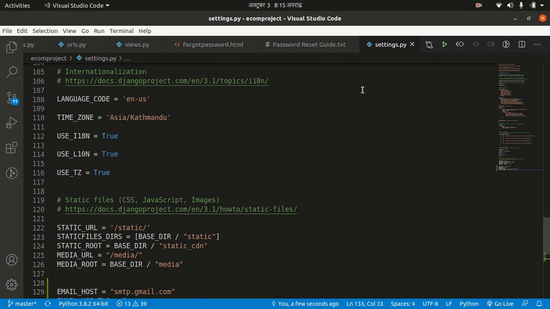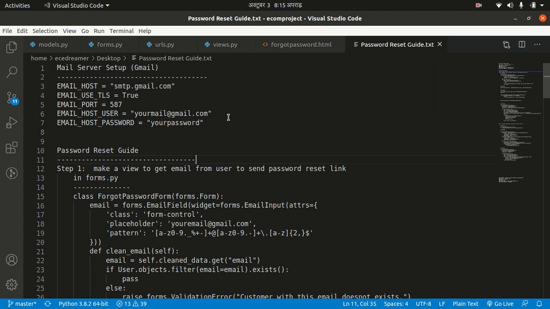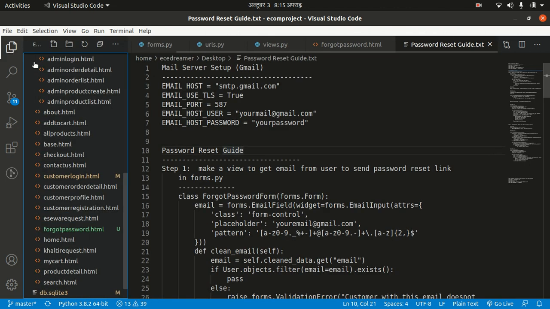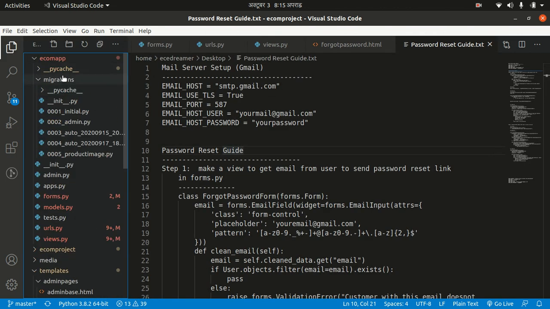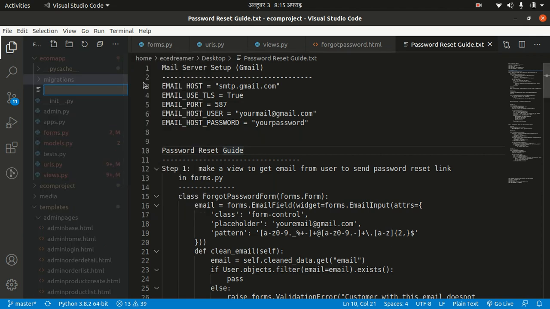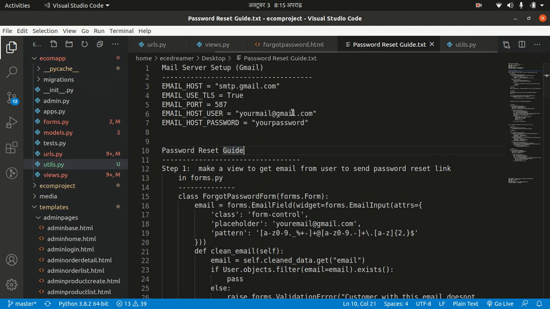Welcome back everyone. I have successfully placed my email address and my password to the SMTP server, and I want to remove it from here. And I have put my email here and I have put my password here in the settings.py. And after that what we want to do is I want to make another file inside my app. Okay, so the name of the another file I want to put is utils.py. Okay, it stands for utilities.py, and inside it what I want to do is I want to